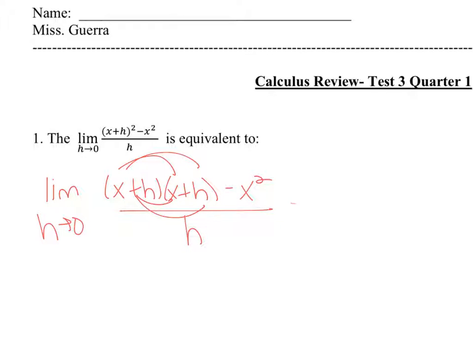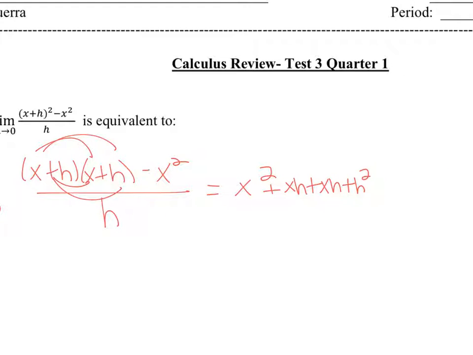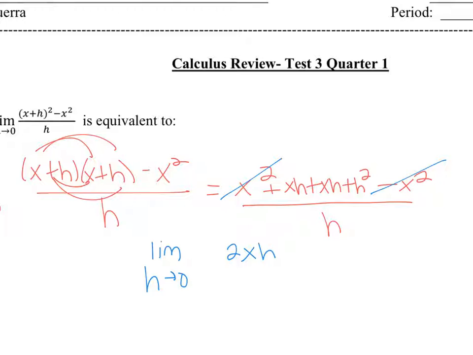So foiling it, I'm going to get x squared plus xh plus xh plus h squared minus x squared all over h. The x squareds cancel out, which is nice. What I'm left with is the limit as h approaches 0 of 2xh, because these are the same, plus h squared, all over h. Now my h's still haven't canceled out, and if I plug in 0, I still get 0 over 0,